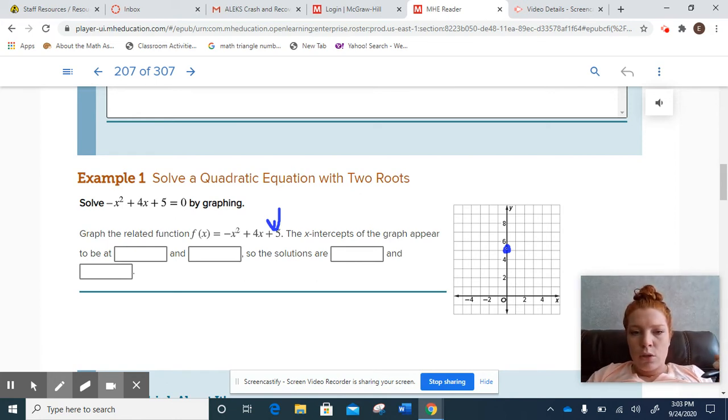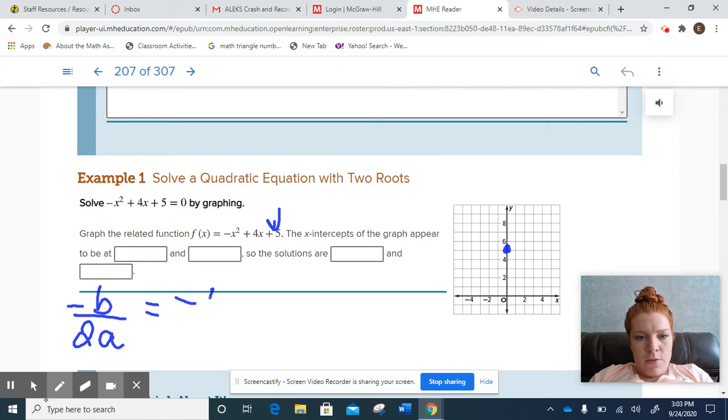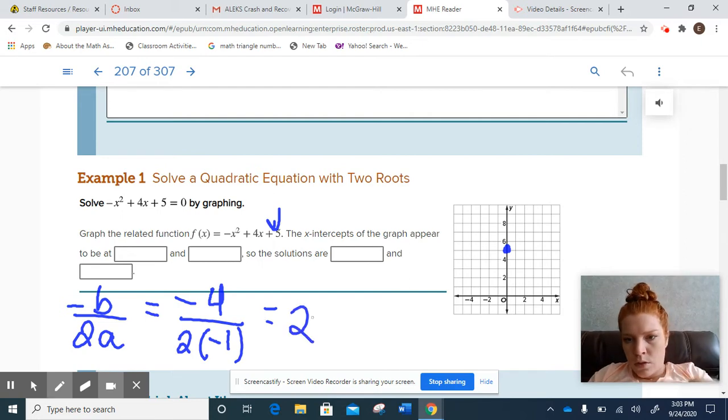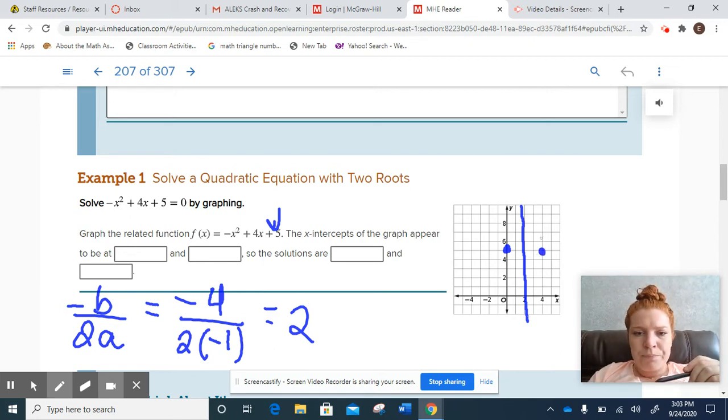So I'm going to go ahead and look for the axis of symmetry and the vertex and see where we're landing. So remember that the axis of symmetry is negative b over 2a. So negative b would be negative 4. 2a is negative 1. So my axis of symmetry is at 2. So it's here coming down, and I'm going to go ahead and flip over my point. Okay. So now I have,